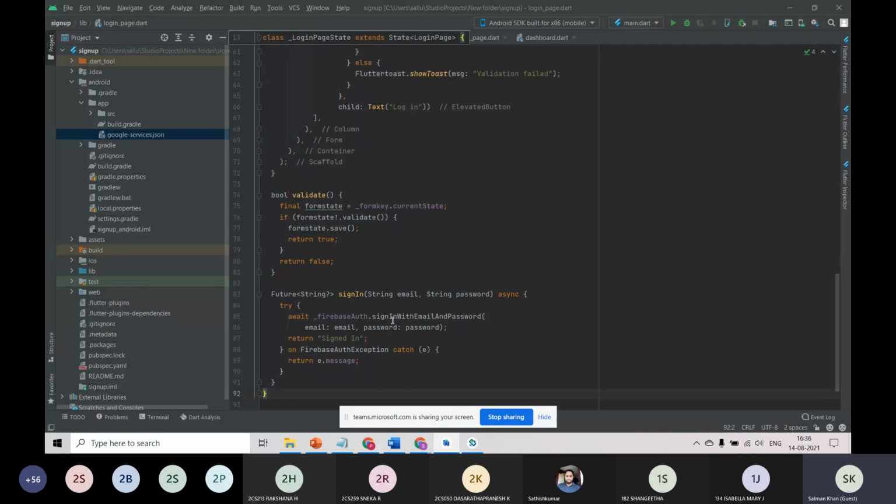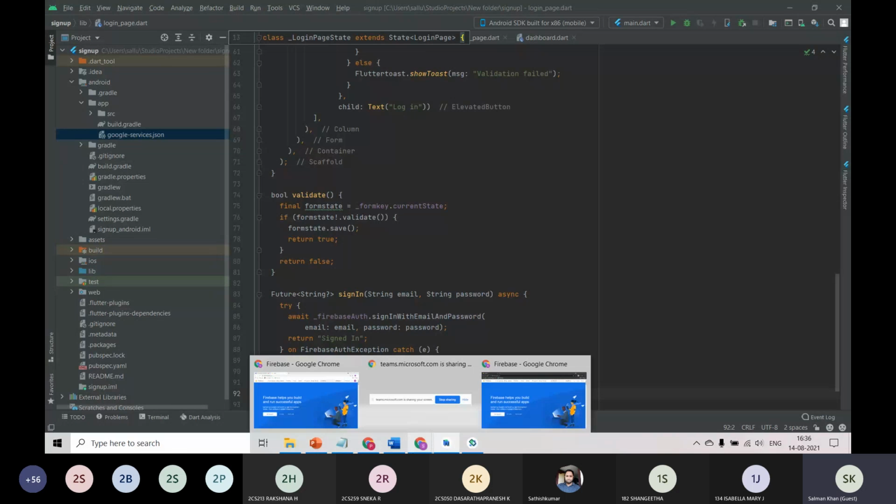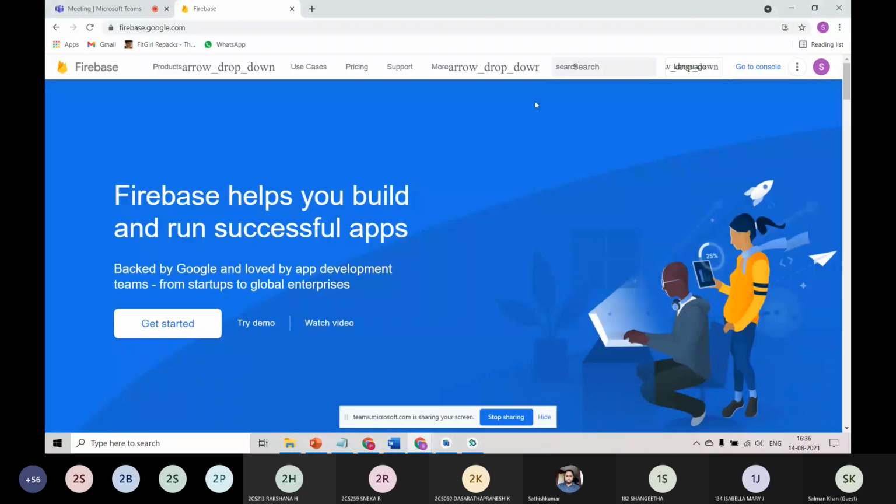Here you can see everything is readable, like sign in with email and password. So we will just pass the email and password here. This method will validate the user which is stored in the database. Let me show this.